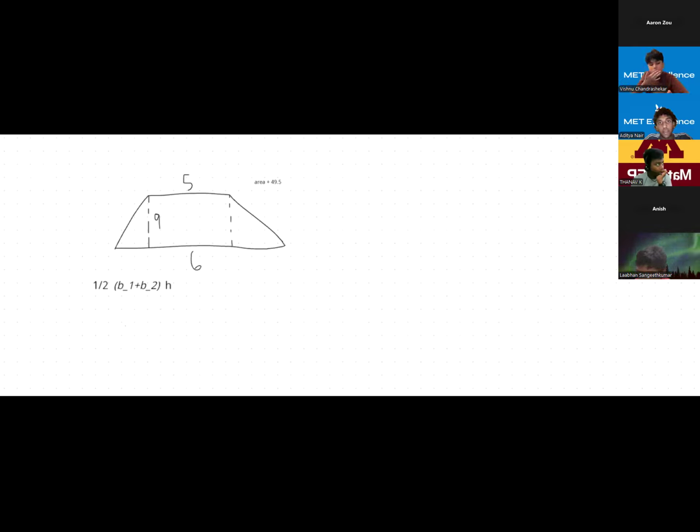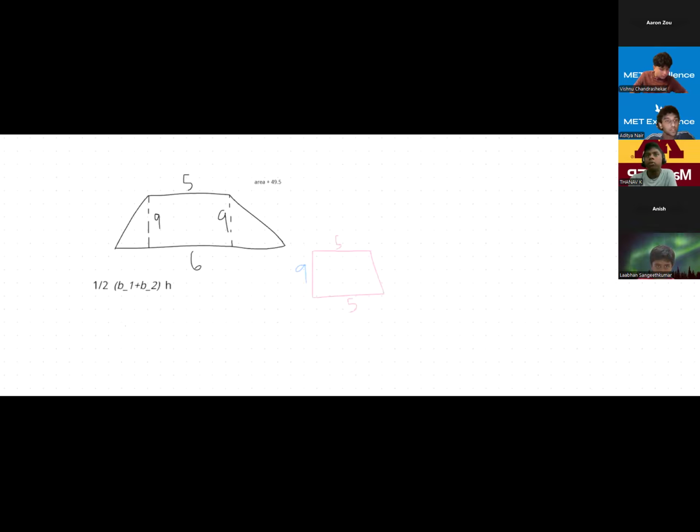So now that I did that, what do we have here? We have 2 triangles and a rectangle, right? We have a rectangle that has this side of 5, and because we blocked it off, this side length here is also going to be 5. And what's the height of this rectangle going to be? Yep, the height of this rectangle is going to be 9 just because the height of the trapezoid is also 9.